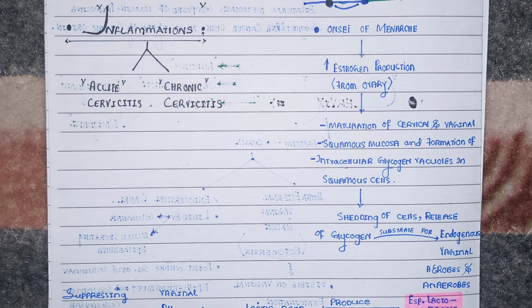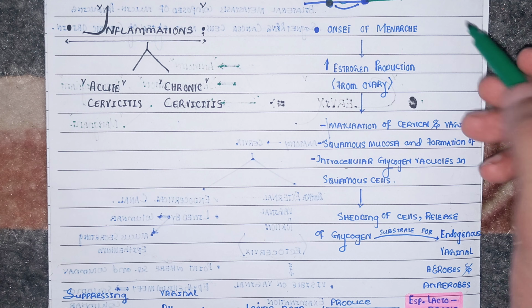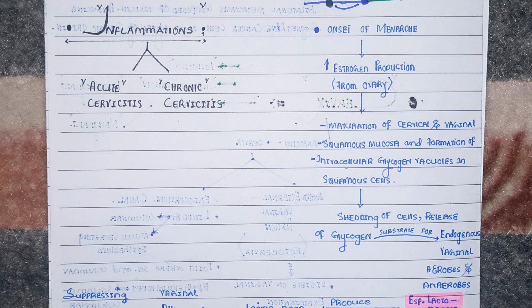To have better understanding, let's see what is happening normally. This entire lecture is from your textbook Robbins. Okay, so beta, just a little physiology to see what is actually happening physiologically in your cervix, then we will see if there is a defect in that physiology, how the pathology develops, how the inflammation occurs. So beta, at the onset of the menarche,